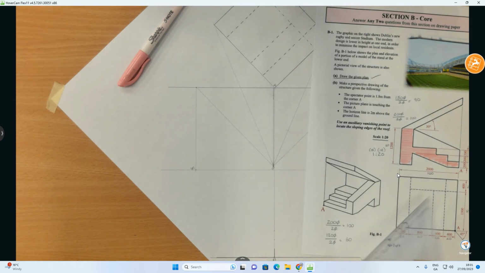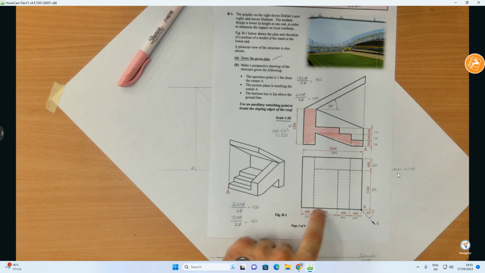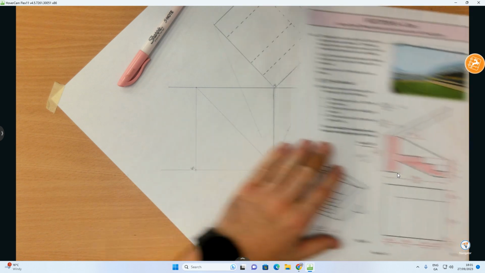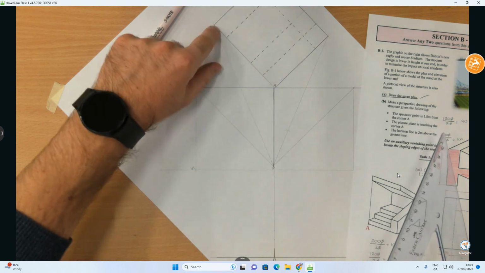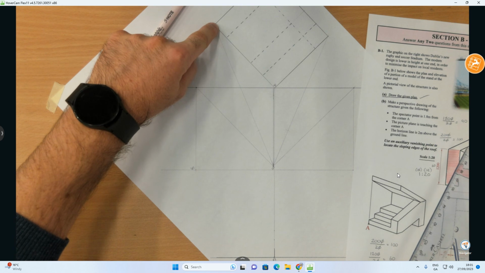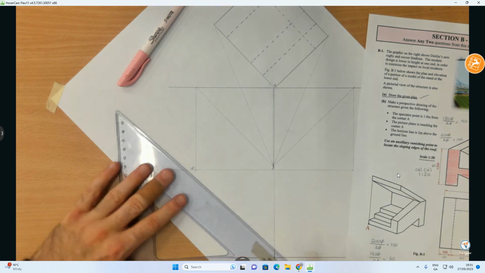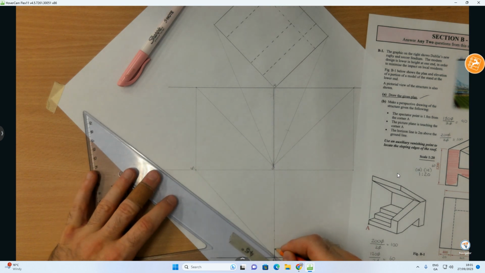As I was saying, this red face that we have here, that I'm after shading in, okay, is all along this edge here, okay, which is technically this one in my plan view. Because it's this one in my plan view, any points that I'm after taking up here, they're going to vanish in this direction, which will be in the direction of VP1. So from here, VP1,